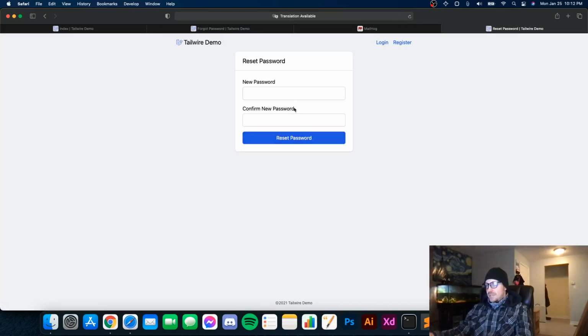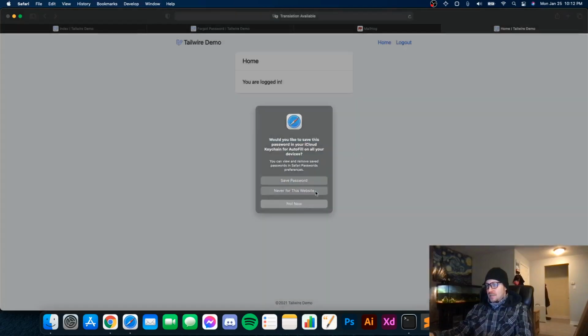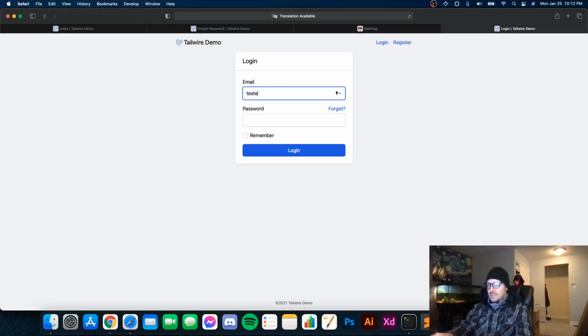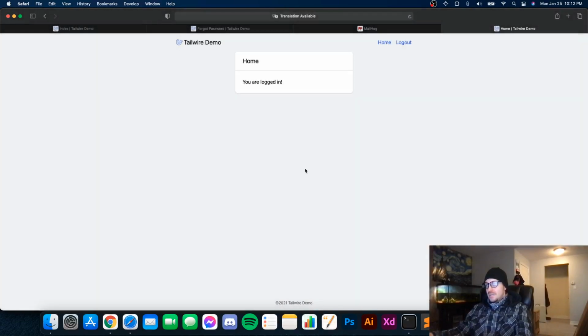I click reset password. It's asking me for a new password. I'll just put ABC, and it logged me back in. So now if I log out and I log in and I go tester at test.com and I put ABC, it should let me in. Yep. So now you see I have full auth scaffolding, and also